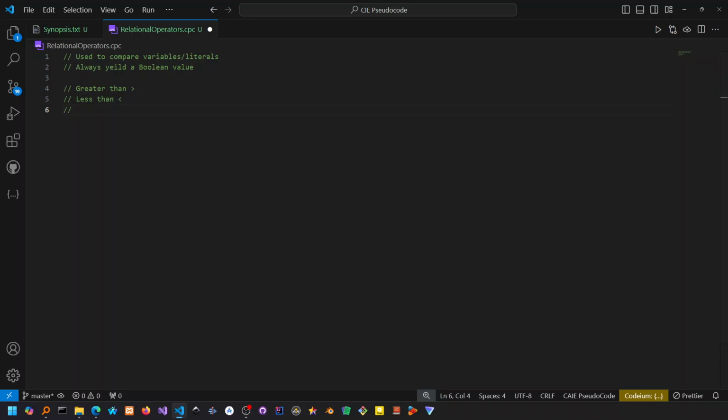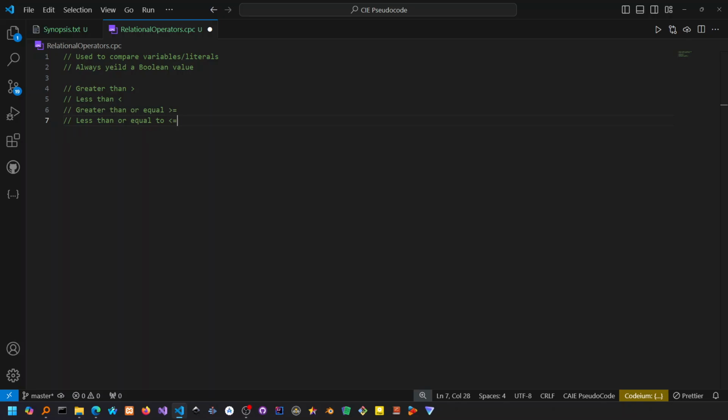Then we also have the greater than or equal to, which is a combination of the right angled bracket and the equal sign. Then we also have the opposite of that, which is the less than or equal to, which is essentially the left angled bracket